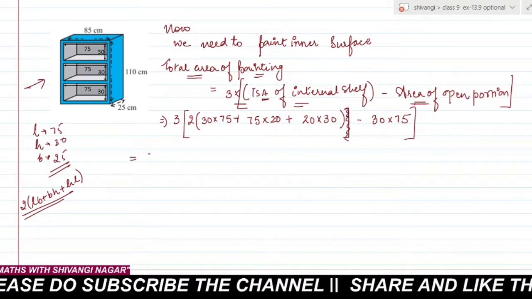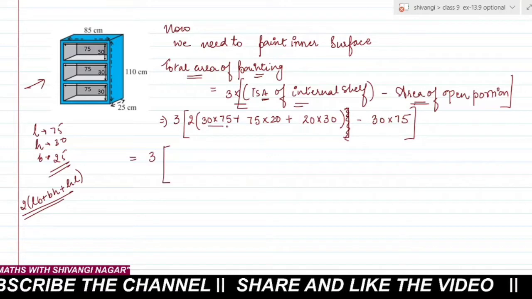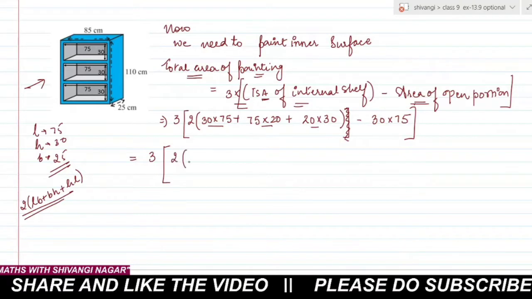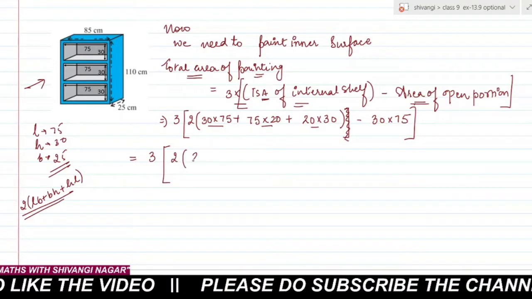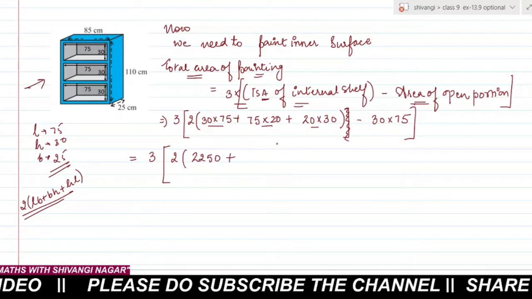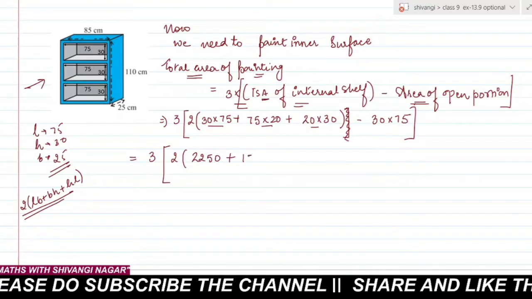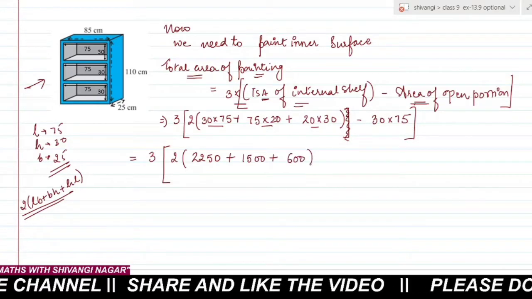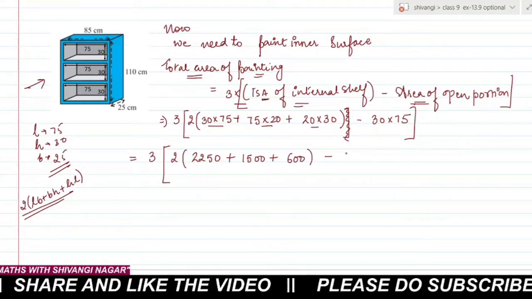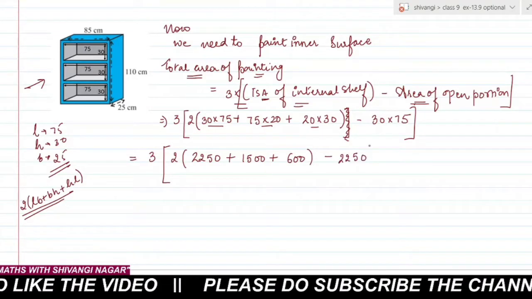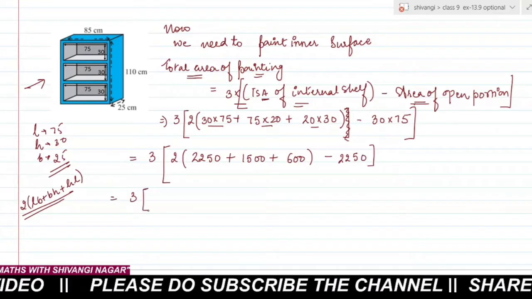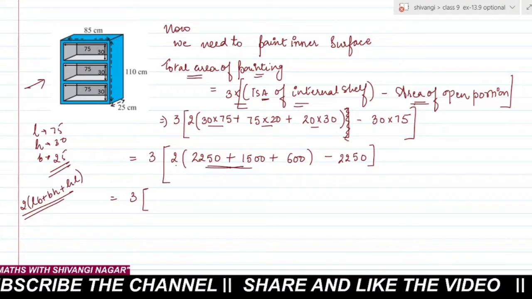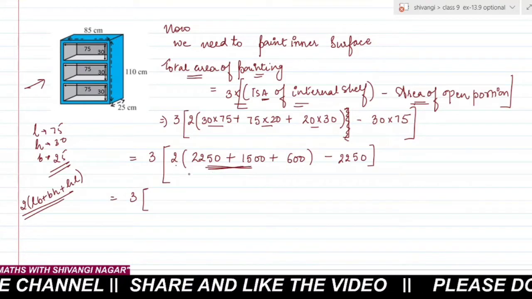Now 3 is multiplied outside. When you multiply all these quantities, what will you get here? So 30 into 75 is what? 30 into 75 is 2250. Similarly, 75 into 20 is what? 1500. Plus 20 into 30 is what? 600. Minus 30 into 75 is what? 2250. Okay. So in the next step, 3 multiplied by, first add all these numbers and multiply it with 2. When you add all these numbers, you will get 4350 and multiply it with 2, you will get